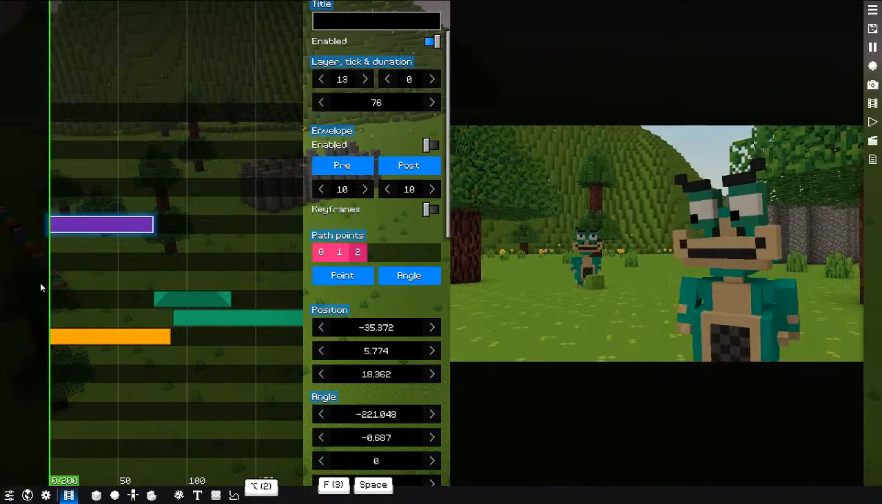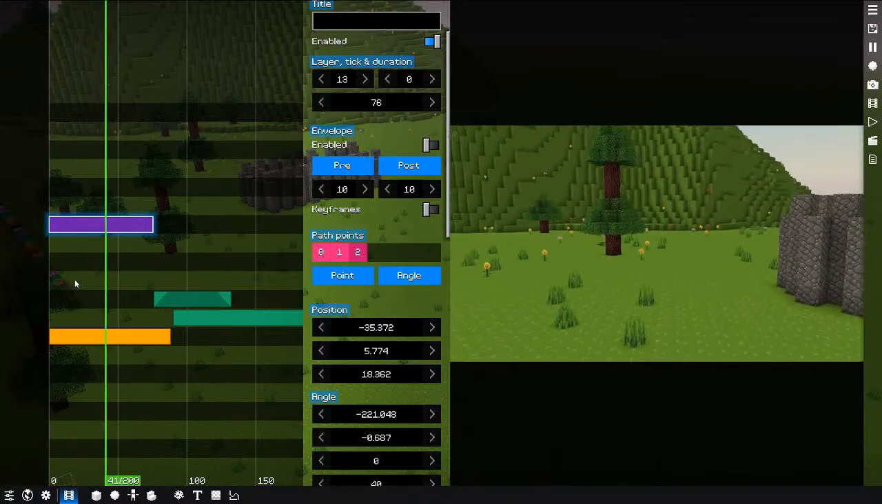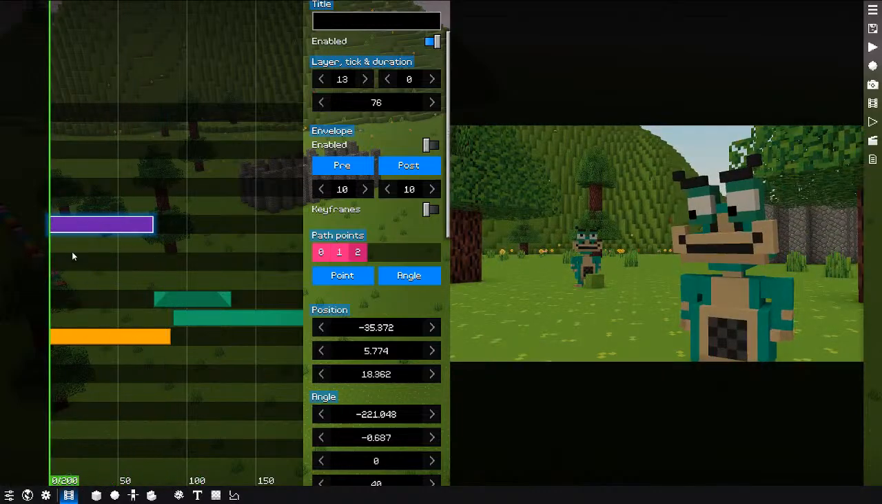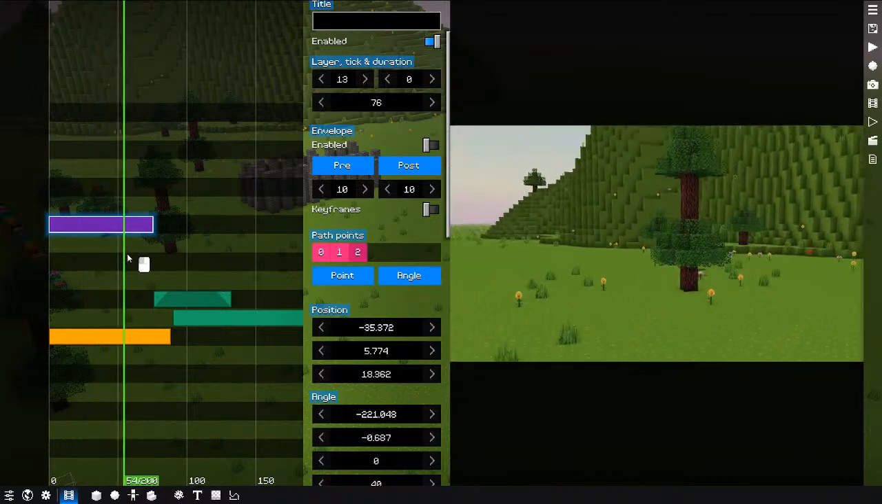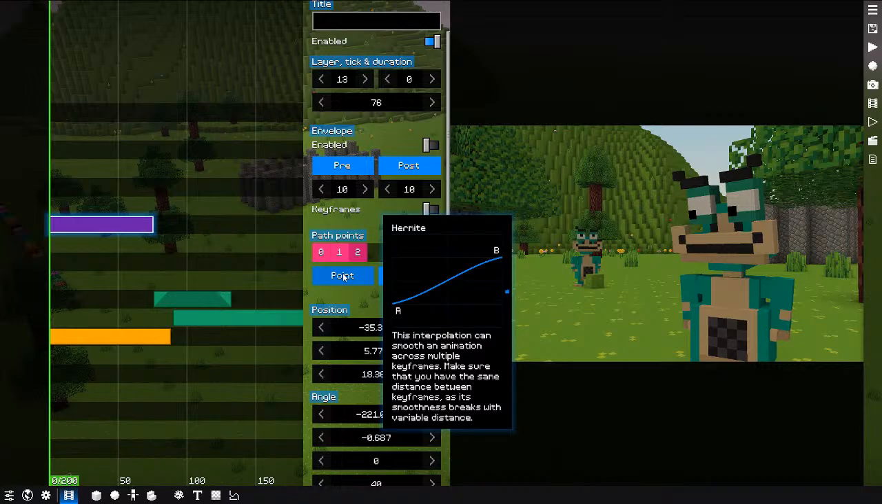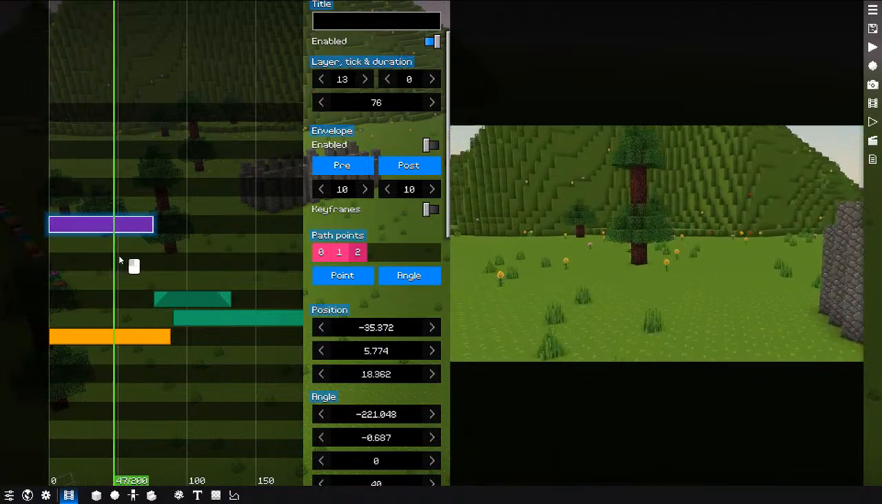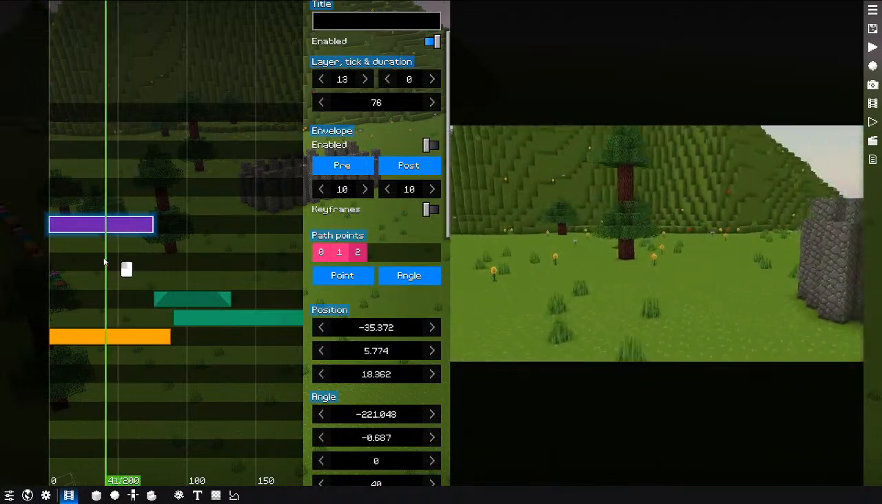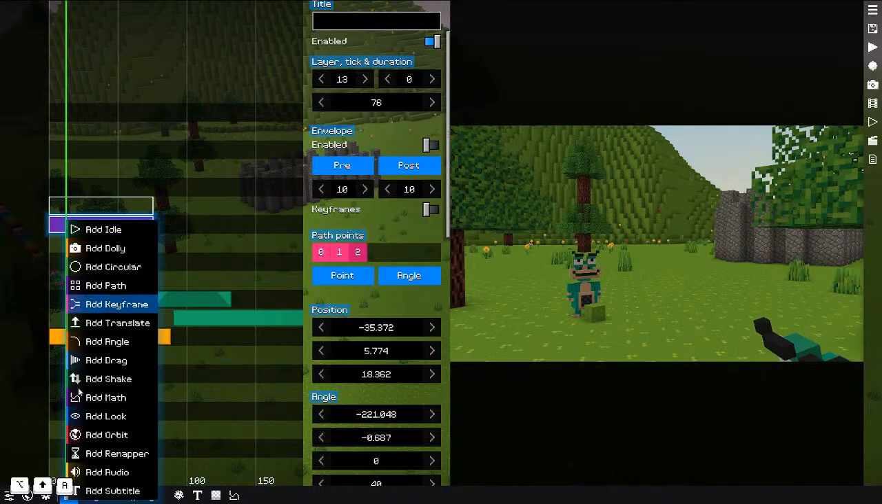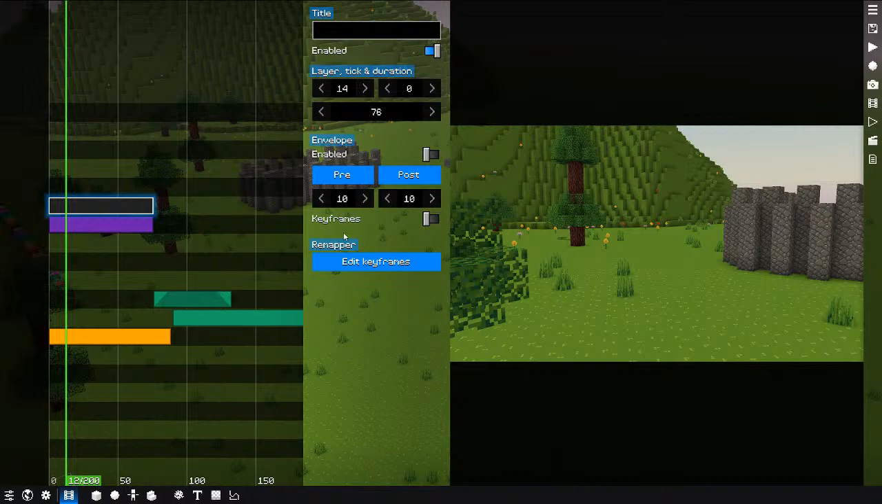Maybe a bit like this. So it goes like this and ends here. So what could be done, like you might not like the linear style. It's a Hermite interpolation, so it goes smoothly, but you might not like how it goes at a constant speed. So what you can do is to place on top of that a remapper,